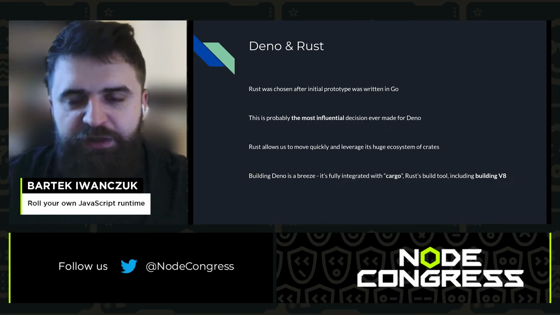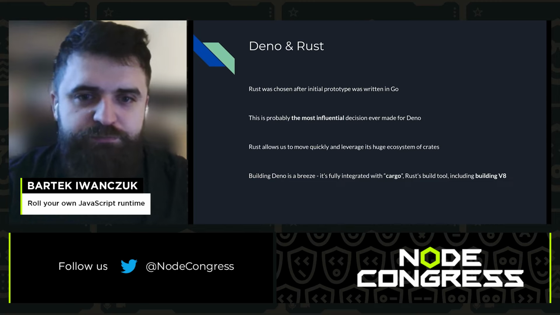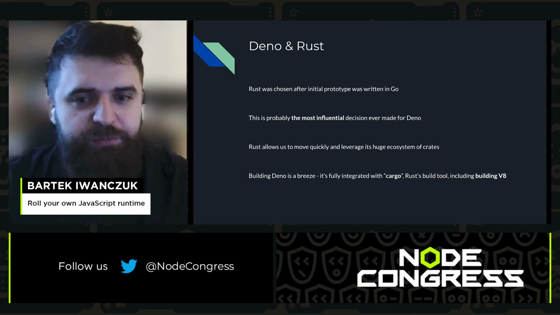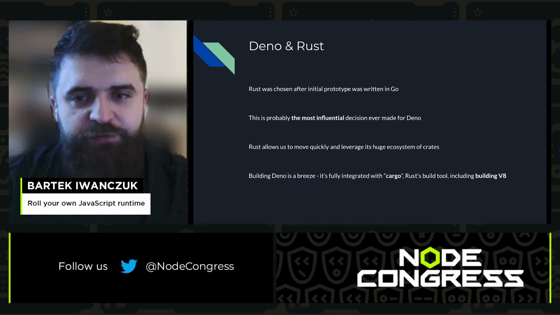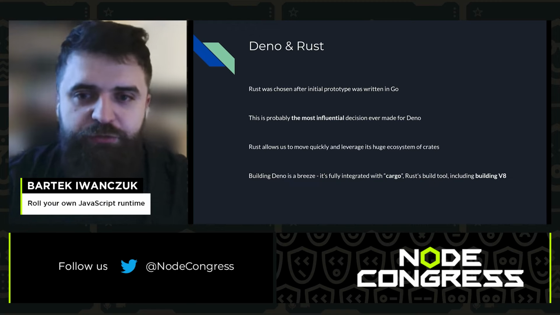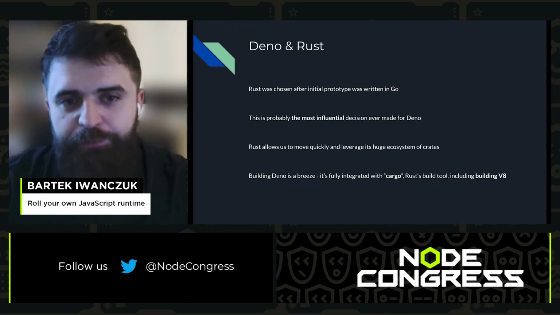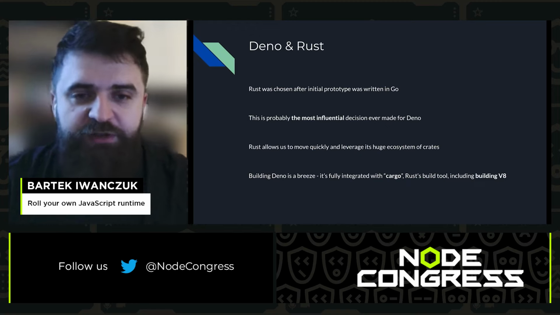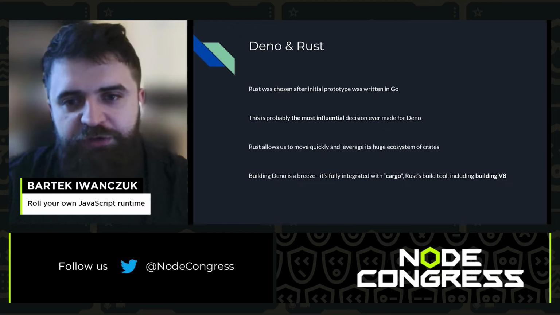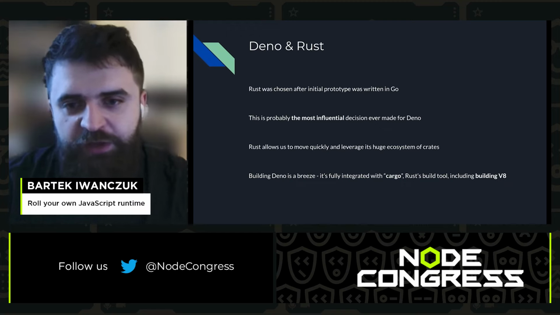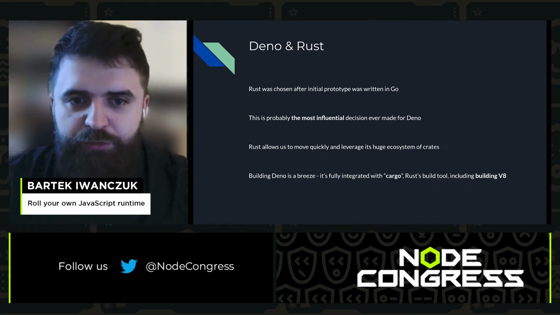So Deno in Rust. We need to understand a bit of history here, in that the first iteration of Deno, the first prototype, was not really written in Rust. Instead, it was written in Go. However, due to the nature of Go, that it is garbage collected, just like JavaScript, it was decided that we should move away from Go so we don't run into a situation where two garbage collectors are contesting against each other. And so Deno was rewritten in Rust,